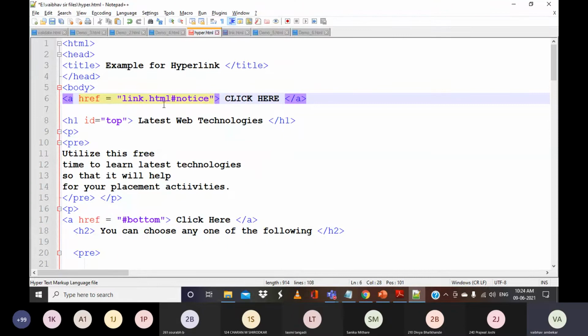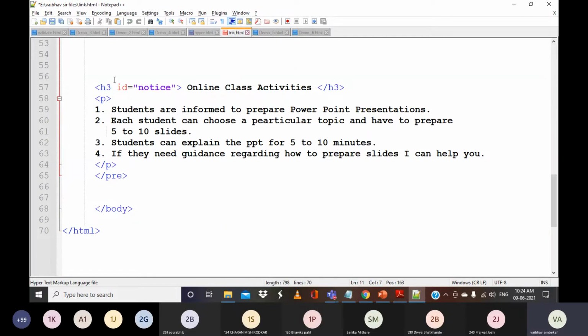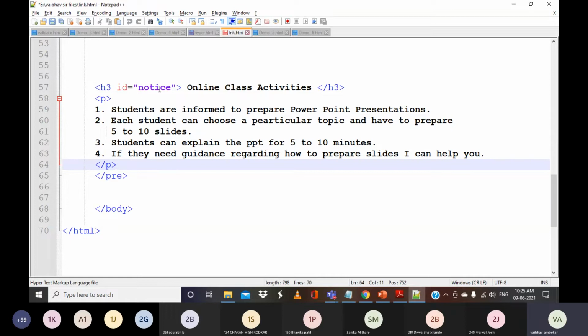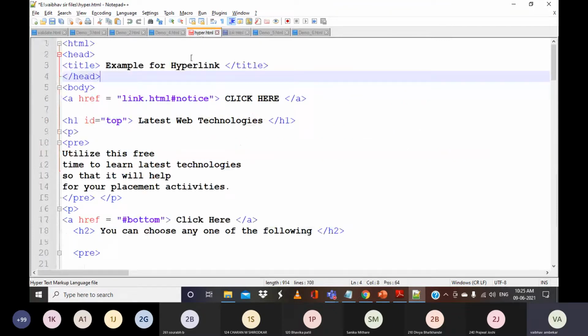because the moment I click on this particular link, click here, I want to go to the link.html page. I want my cursor should come exactly at this particular location. So what is the ID I have mentioned? Notice. And where is this notice ID? In the link.html. But I want to access this from a different page.